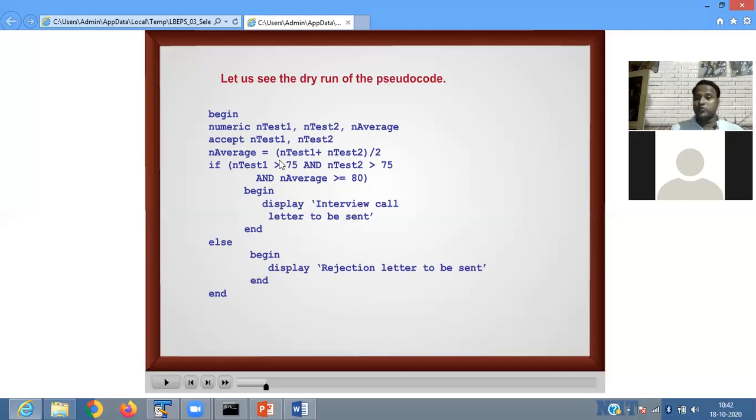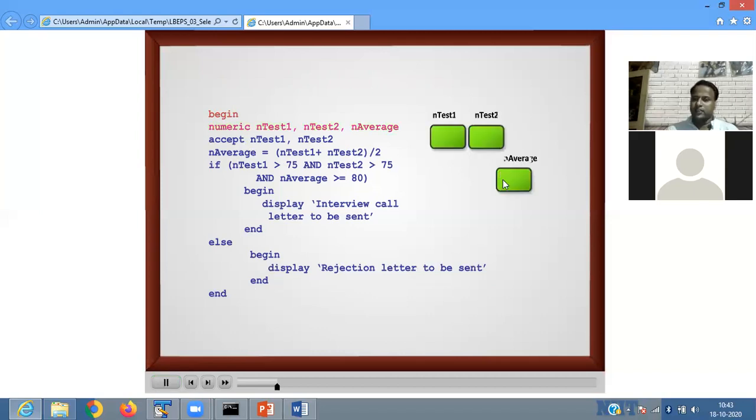Suppose test one the student is given here 80. So we run the dry run table, then it helps you. We start with begin. Then here the three variables we have to define. Three variables means it creates three locations: test1, test2 and average.